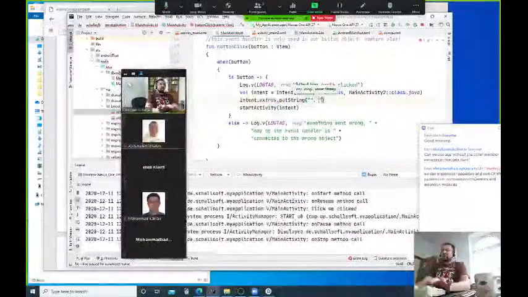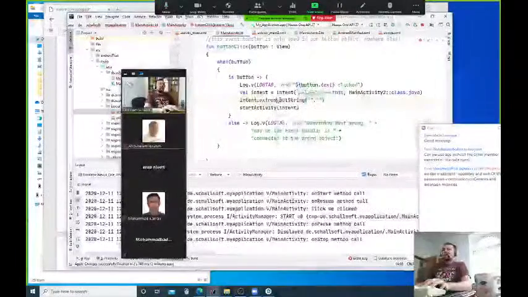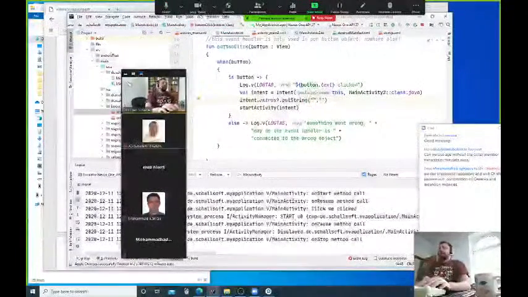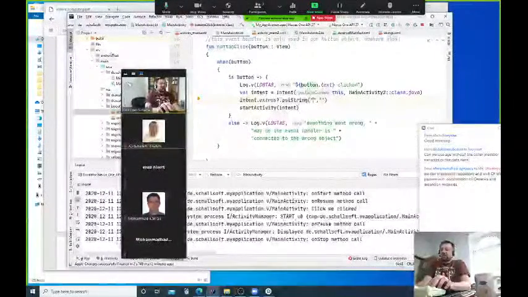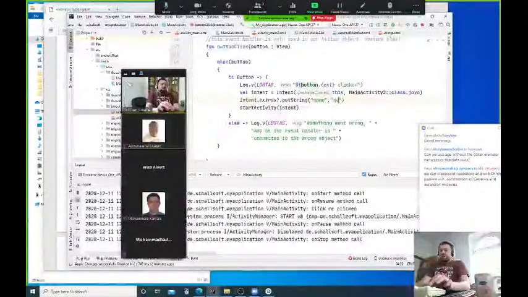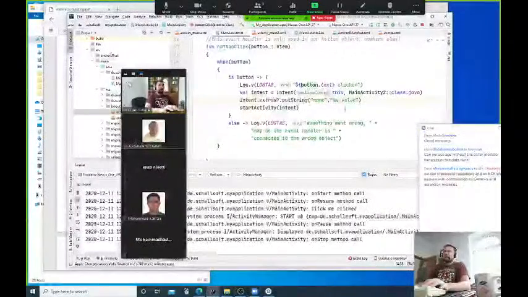So if we give a key and a value, it's not type safe. So we give it a key, we give it a name. This should be a name maybe, and this is the value of the name, my value, maybe as a string. So this intent is then handed over to the second activity,